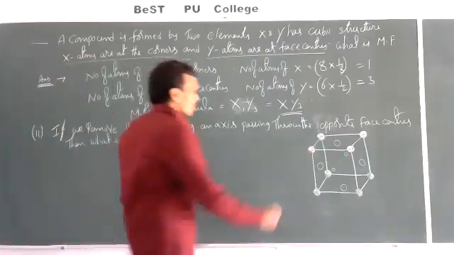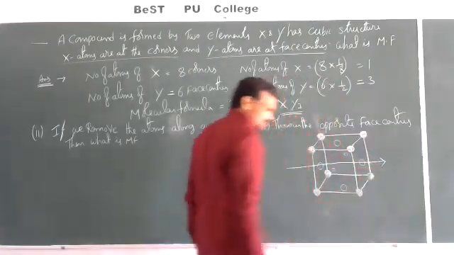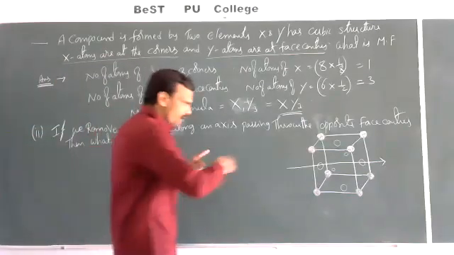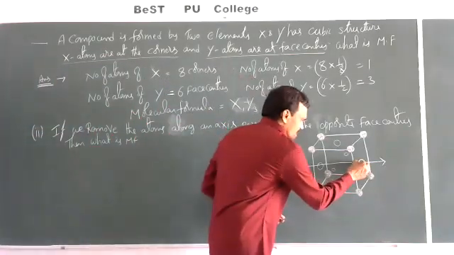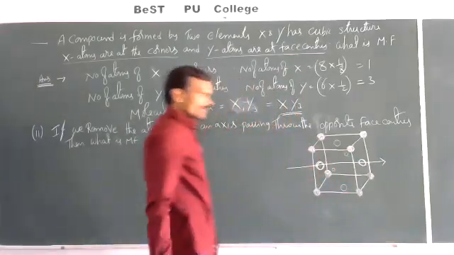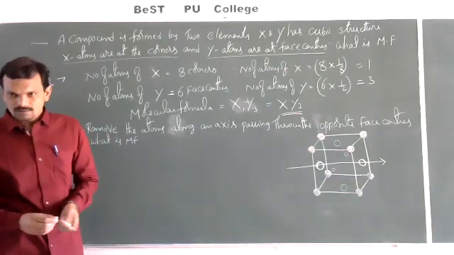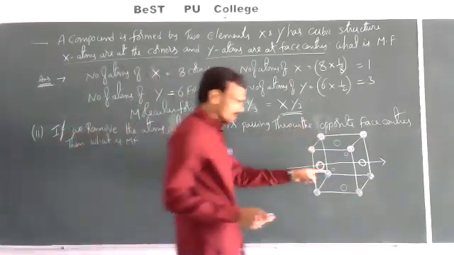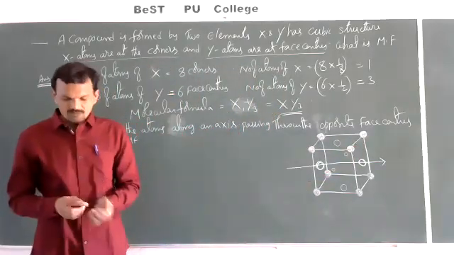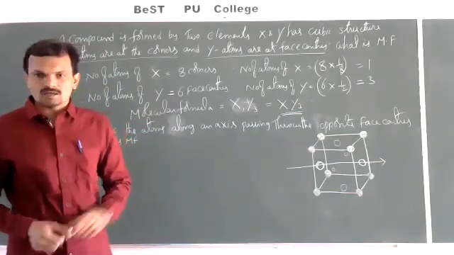Now what we are doing? We have taken an axis which is passing through the opposite face centers. On this axis, there are 2 particles. That means 2 face centered particles are removed. Out of the 6 face centers here, we have removed 2 face center particles. Then if you remove 2 face center particles, what should be the molecular formula we have to calculate?